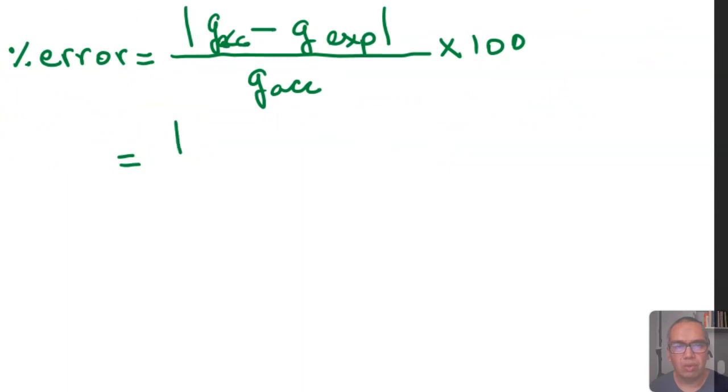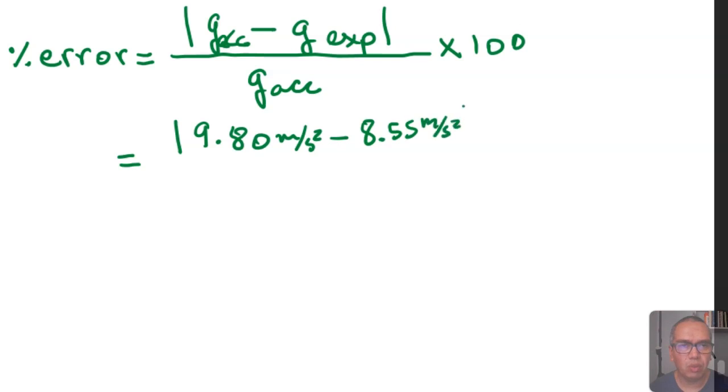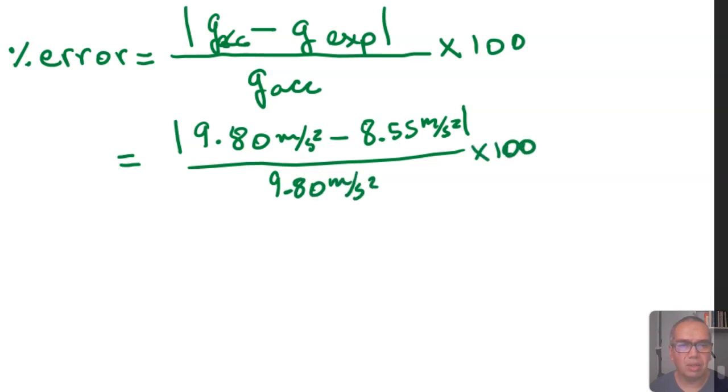So you are going to calculate the absolute value of 9.80 meters per second squared minus 8.55 meters per second squared. Divide that by 9.80 and multiply times 100, and what you get is a